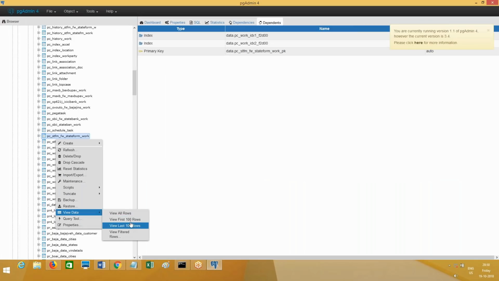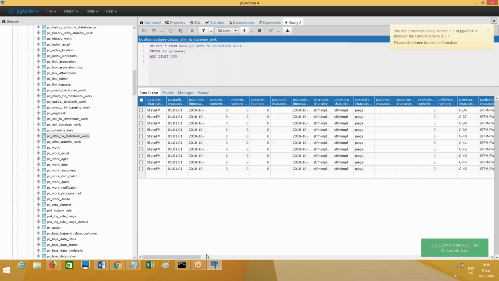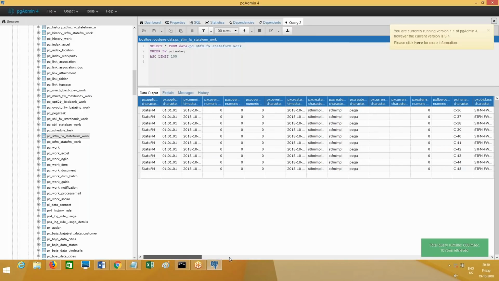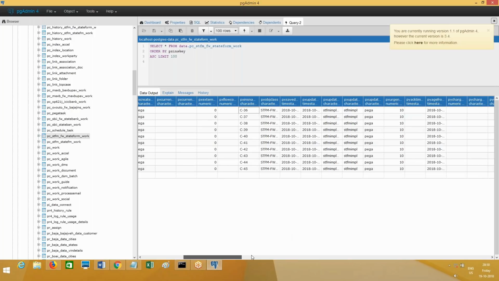Now let me show you the data. If you go to view top 100 rows, these are the work objects which we have created so far, since yesterday or today. C-36, 37, 38, 39. These many times I have executed. Look at this column, not this column. I will show you another column also which will have the same data; I'll talk about that later.